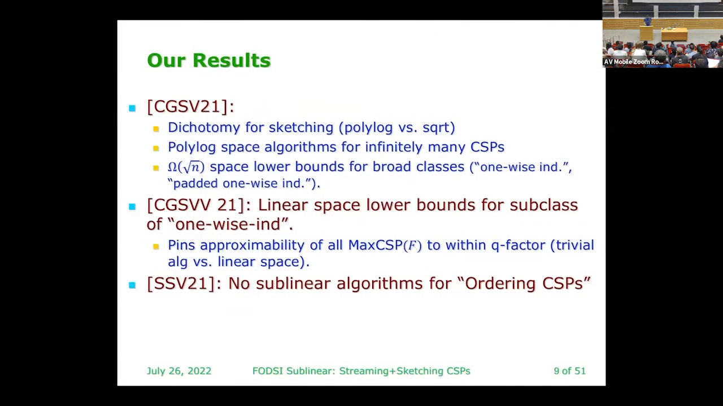So what are our results? First, we get a dichotomy for sketching for all gamma, beta, and f. So for every gamma, every beta, every f, either this problem is solvable using polylog n space, or it requires at least square root of n space for any sketching algorithm. For a large subclass of these problems, we actually get streaming lower bounds, but I won't really dwell on that part today